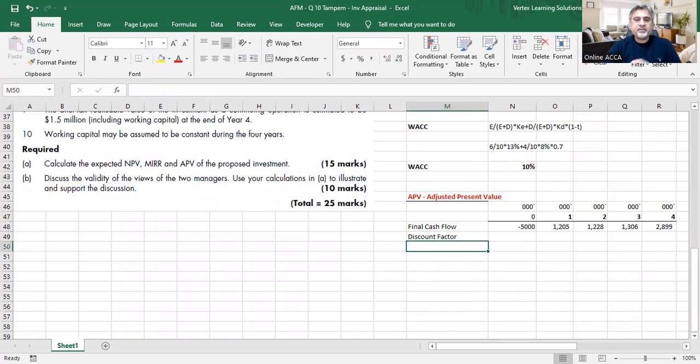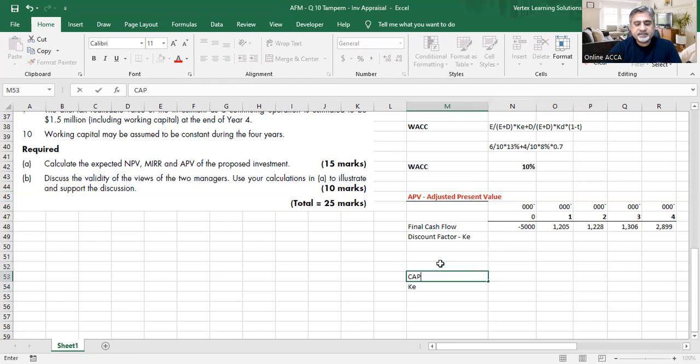And this time there will be a change in the discount factor. I say that, okay, I'm not going to do it on WACC. I want to do it on KE, the cost of equity, the shareholders' required return. I will discount it with a discount factor, which I assume is going to be my KE. Now, how to find the KE? The KE formula, which we had before, let me just put it a little below. We said that we have CAPM, we are going to use it again. And CAPM: KE is equal to RF